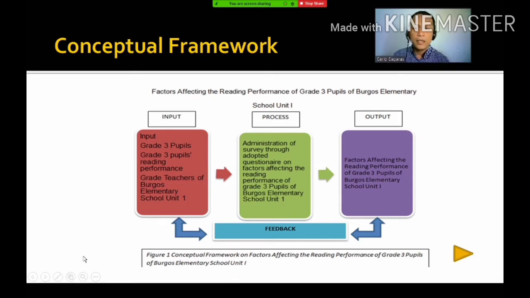Here we have the conceptual framework. Again, the title of the study is the factors affecting the reading performance of grade 3 pupils of Burgos Elementary School Unit 1. We have first the input. These are the elements: grade 3 pupils, grade 3 pupils' reading performance, grade 3 teachers of Burgos Elementary School Unit 1.